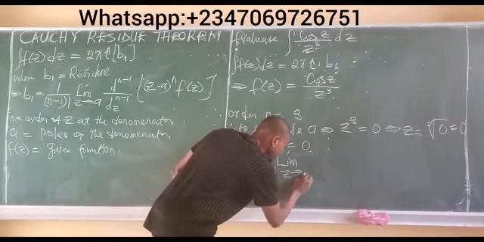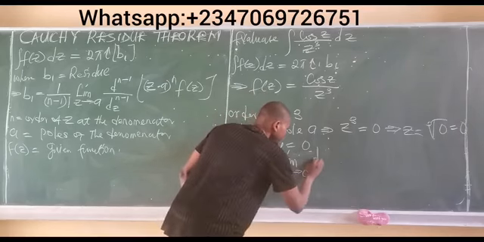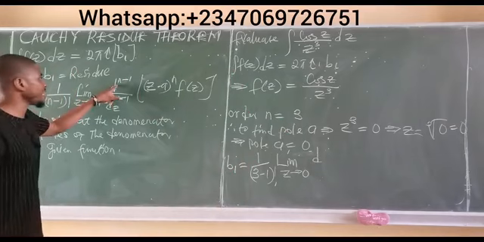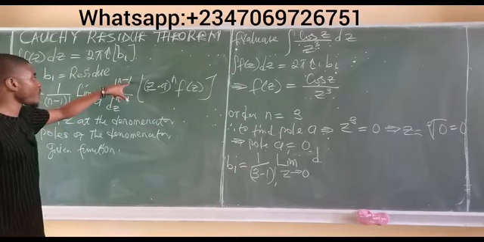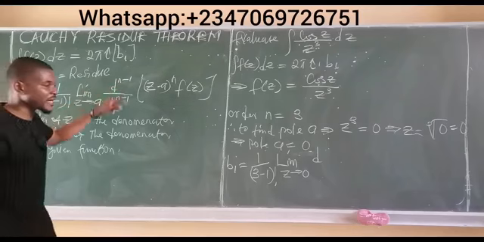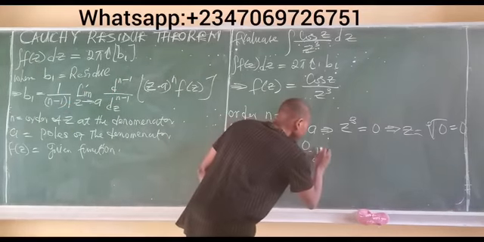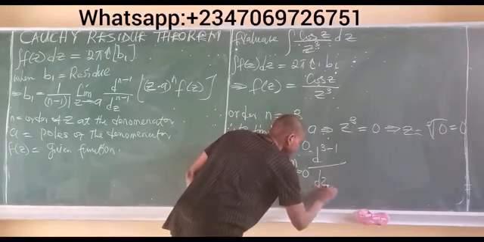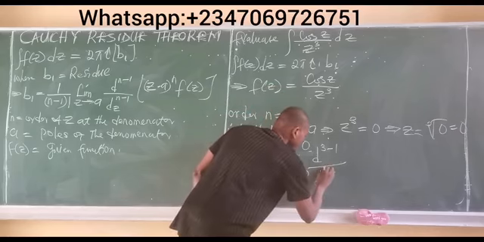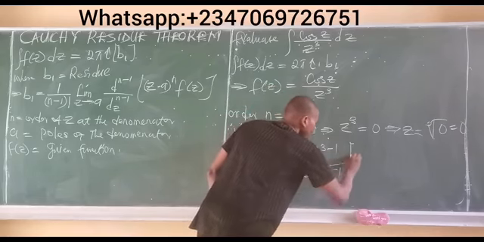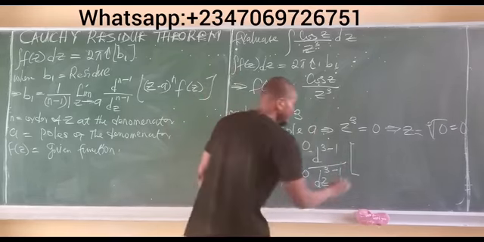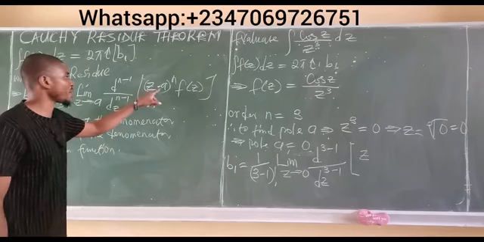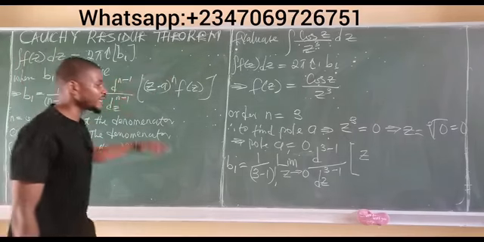So limit as z approaches 0, the n minus 1 from the formula, where once again n is the order, so this becomes the 3 minus 1 all over the z, also n minus 1, which is 3 minus 1, multiplied now by z minus a, remember, z minus a to the power of n,